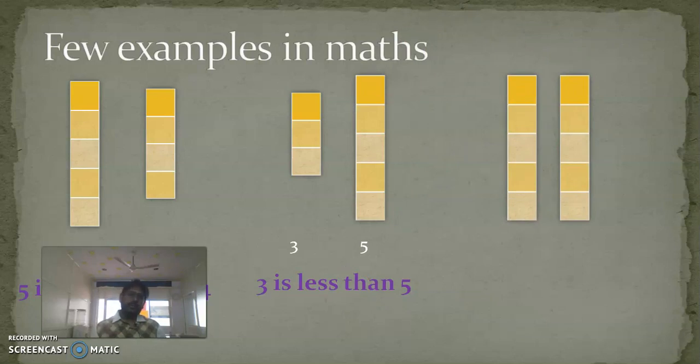Taking one more group, count: 1, 2, 3, 4, 5. 5 boxes. And again 1, 2, 3, 4, 5. 5 boxes. Now what will you write? You will write 5 is the same as 5, or 5 equals 5. Both are the same, so we use the word equal or same. These are the examples that which